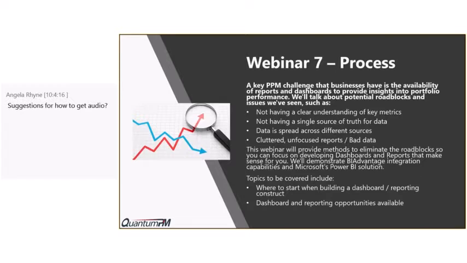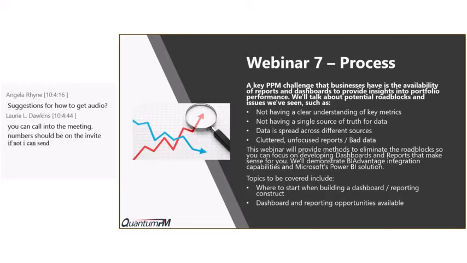So the things that tend to happen, and these are major points, there are plenty more, I'm sure, not having a clear understanding of what the metrics are. You all know that whatever you measure, you can get results on that, but they may not be providing the kind of information you need, or more importantly, getting the kind of results you want. You can make the measurements be what you wanted them to be, but are you actually changing the organization in the way you want to change it?